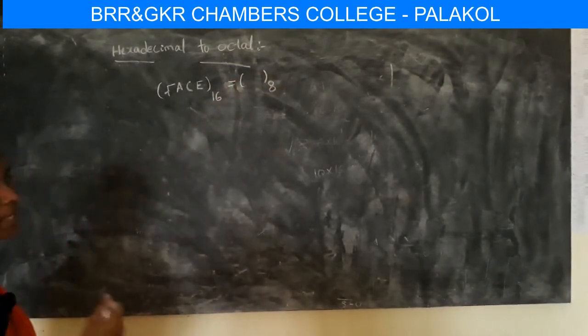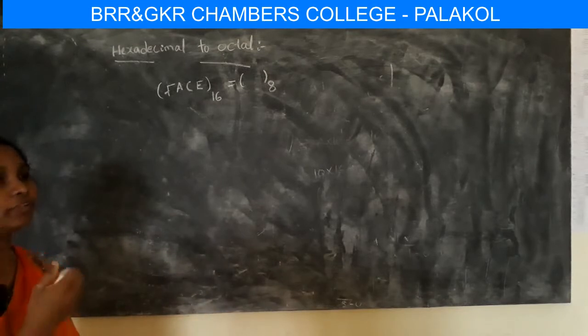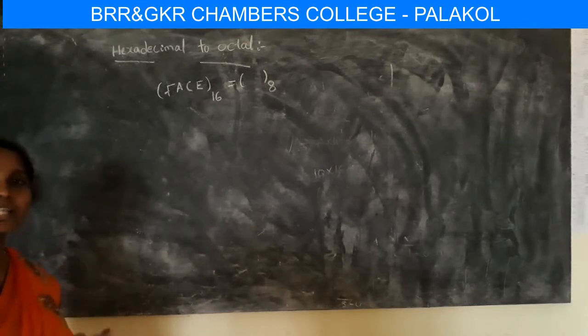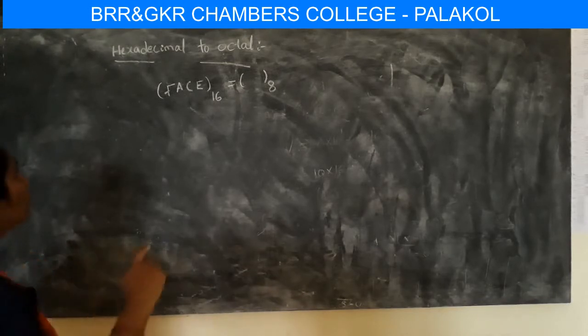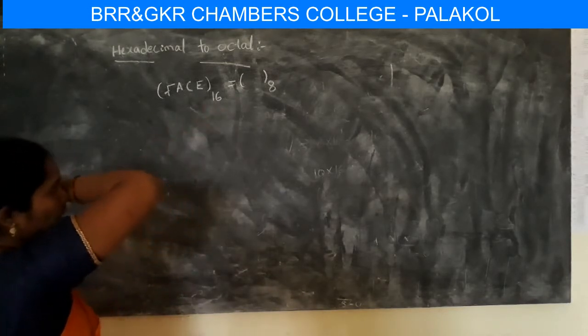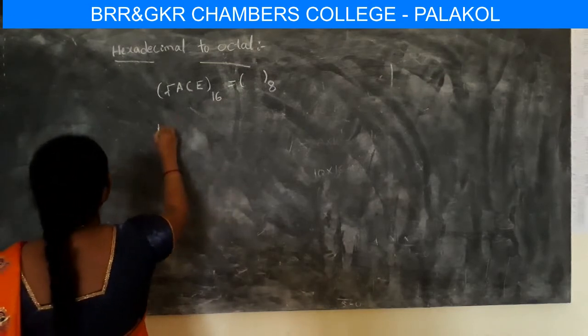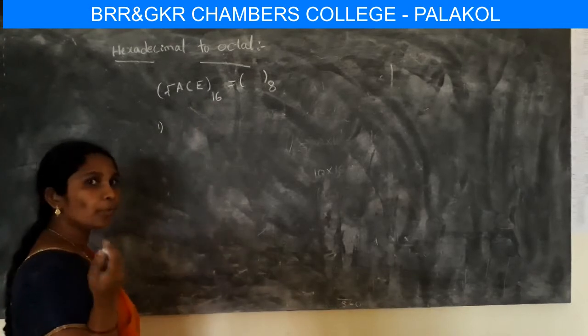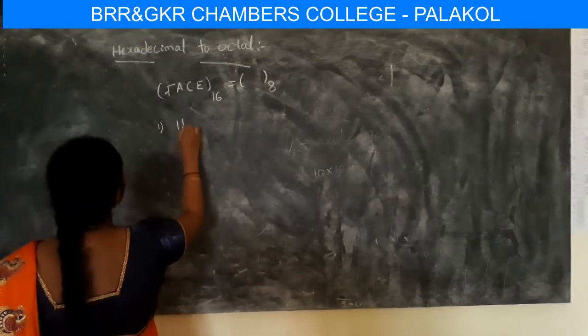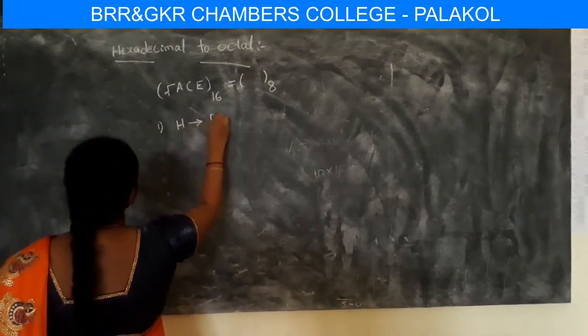So, in method number 3, every problem is the same. First of all, you have to convert the given number into a decimal number, and after that convert to the asked number. Okay. So, here the first step is this hexadecimal value is converting into decimal. So, this means hexa to decimal.